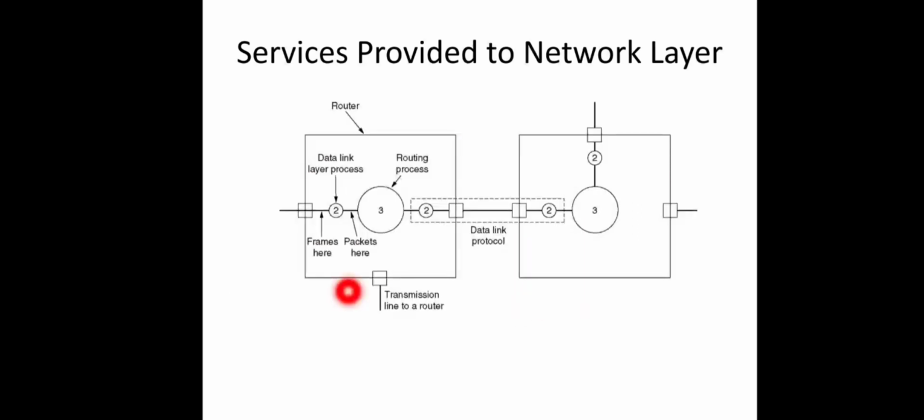Let us take two routers in between. Okay, we have the entire communication. In between we just selected two different routers which are directly connected, adjacent routers, and these two routers are connected using a telephone line. So there is a dedicated point to point link between these two routers.